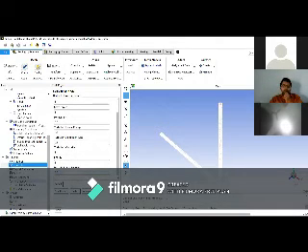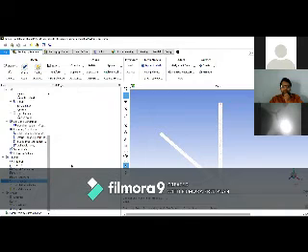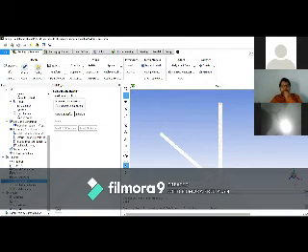Then go to the initialization. Here two initialization options appear: the first is hybrid initialization, the second is standard initialization. We click on hybrid initialization, then initialize.